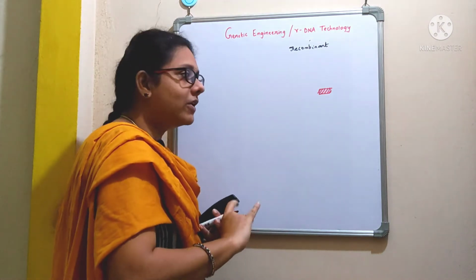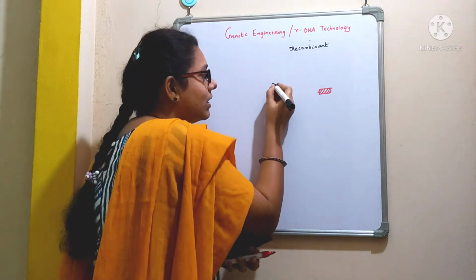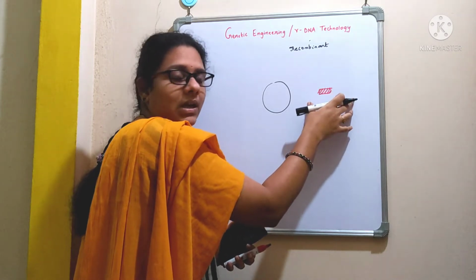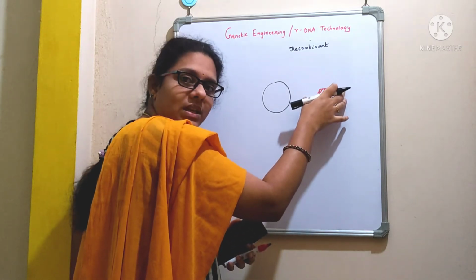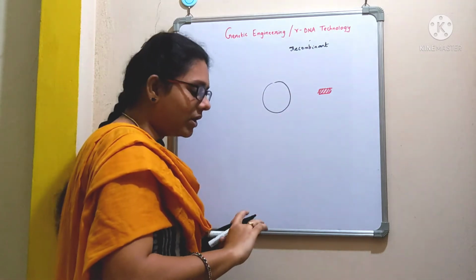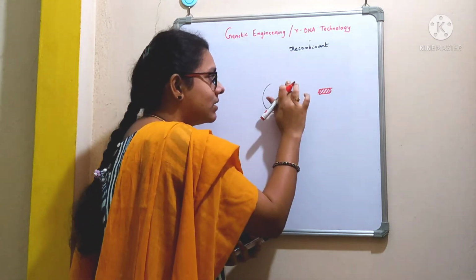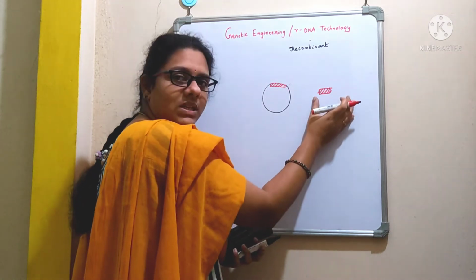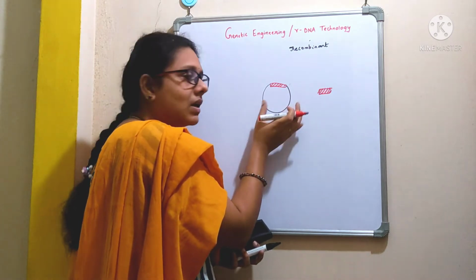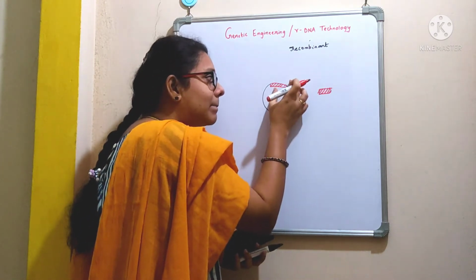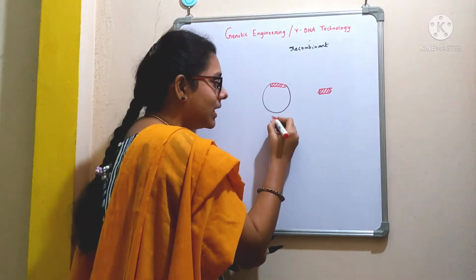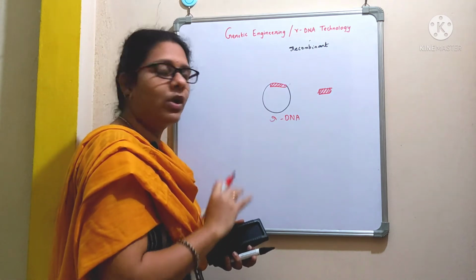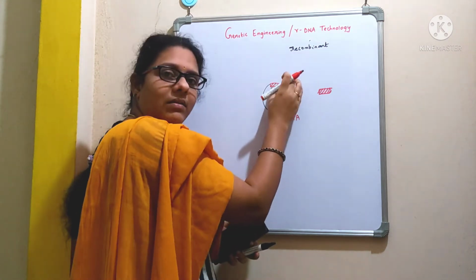Now we are going to introduce this gene into a vector. Our intention is to make multiple copies of this gene because it codes for the hormone insulin, right? So I am going to introduce this gene of interest into this vector. Now this is one gene and this is another gene. I am going to combine these two genes, which we simply call an rDNA molecule, or recombinant DNA molecule. Hope you are clear. Here I am combining the two genes, right?